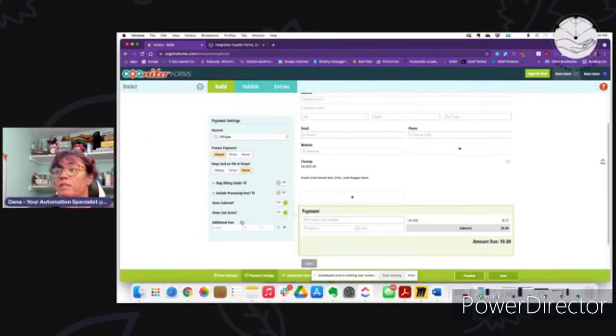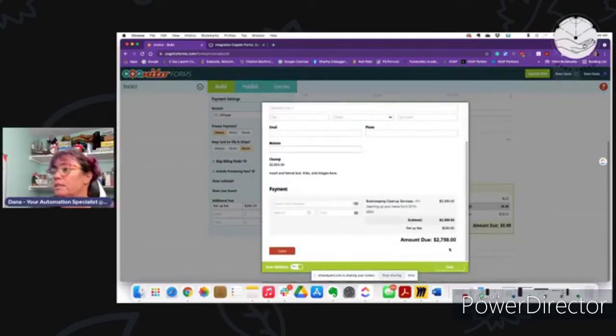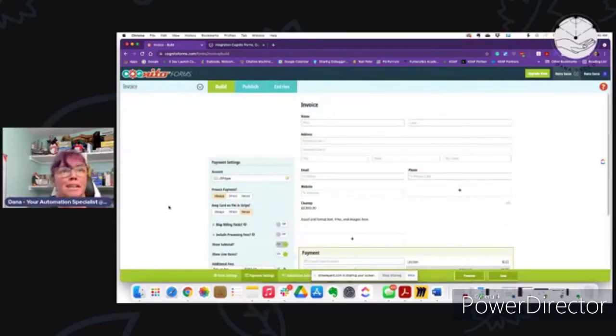But you can have additional fees here. You can do all sorts of wonderful little things. You know, setup fee. Let's do that. All right. They have a setup fee and everything else. And it goes, and this is what they're going to see. 2,750, close. And then it goes. All right. Again, that is all free to send an invoice. But Dana, what the hell? This is just one section. You can do whatever. All right, guys,